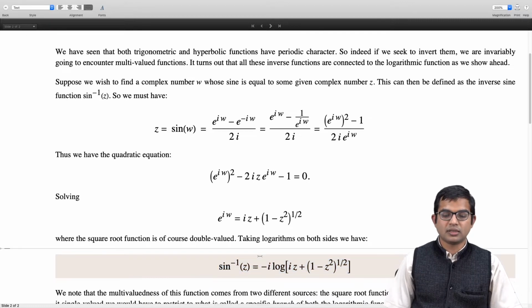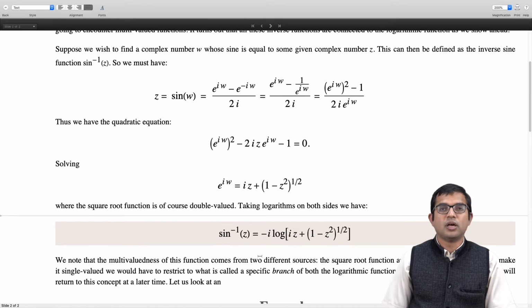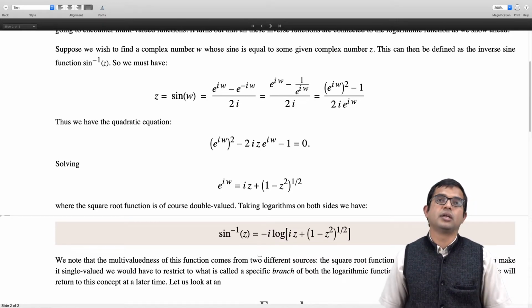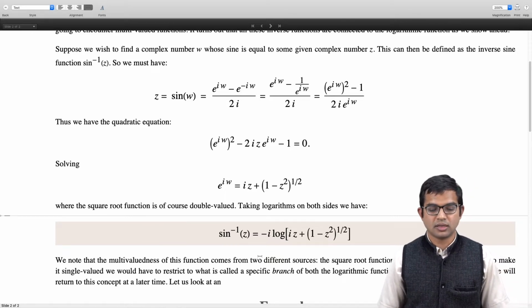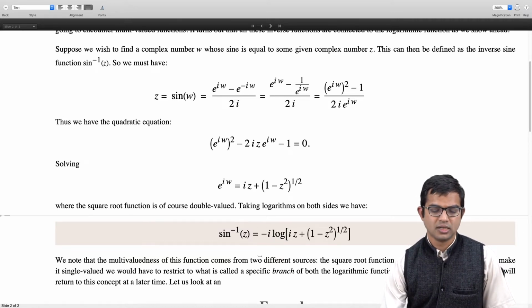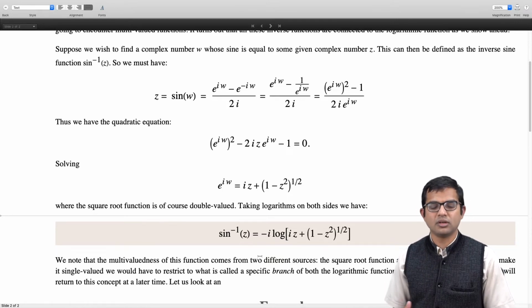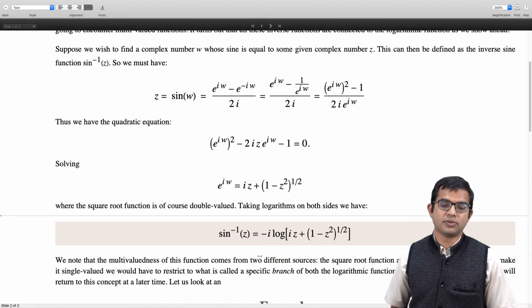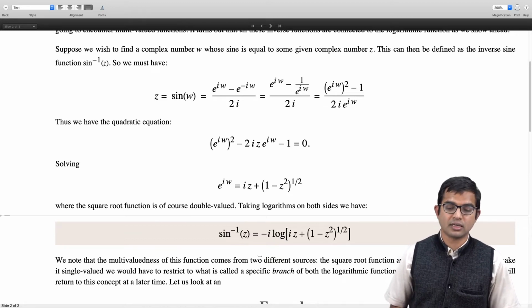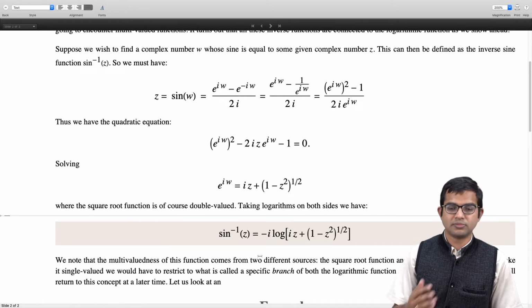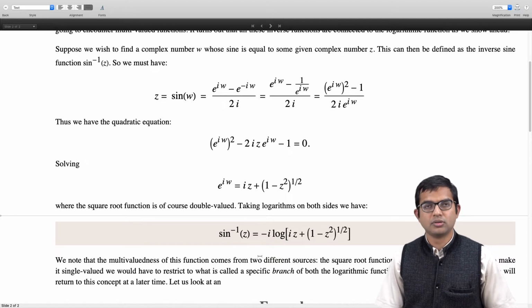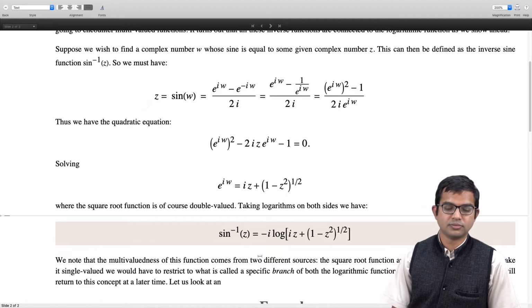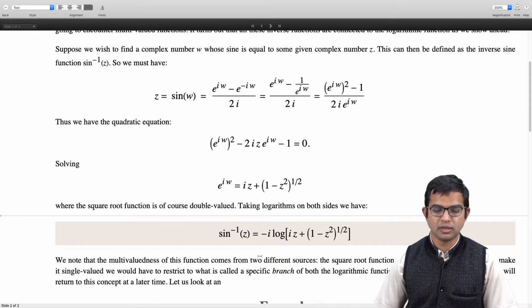So immediately we see that there are actually two sources of multi-valuedness in this kind of definition of an inverse function. So inverse functions of this kind typically are naturally endowed with this kind of multi-valued nature, right? So this relates to the fact that the function that you started with itself has a periodic character, right? So there is a repetition of certain values which keeps coming back, and therefore indeed when you invert a function of this kind, surely there is going to be multi-valuedness.